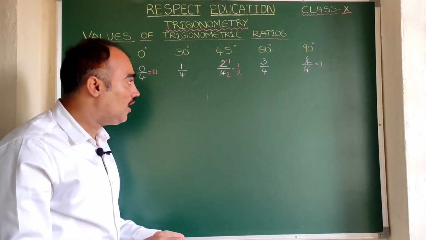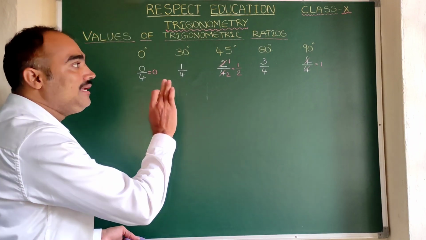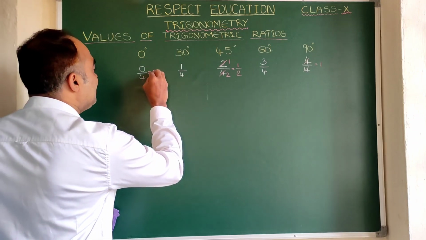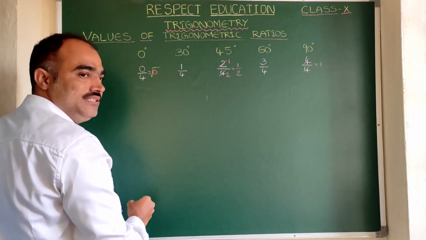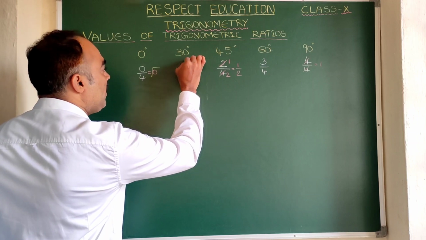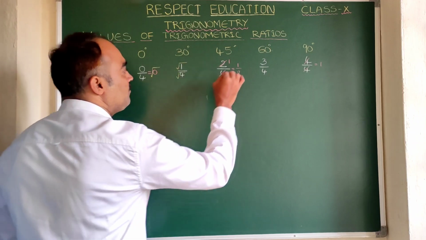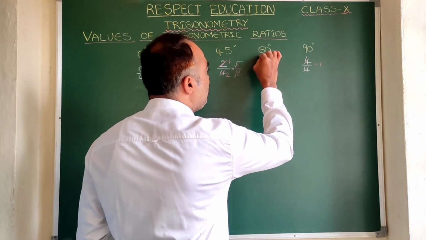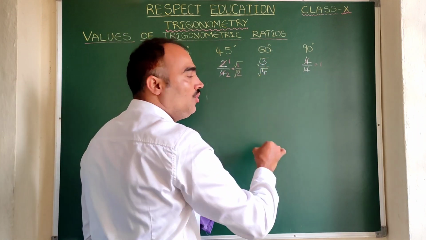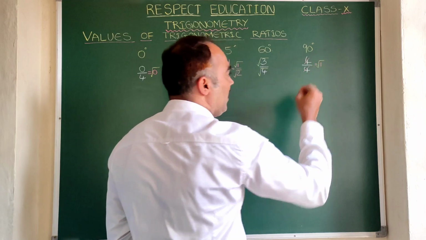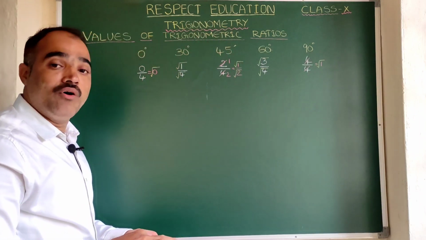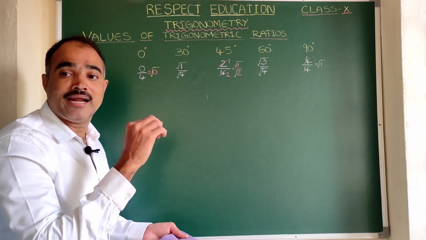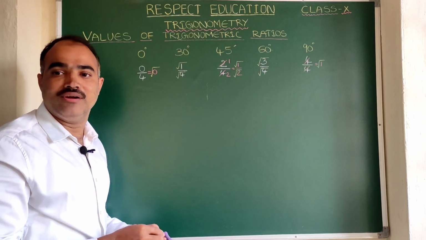No doubt. Now last one is that apply square roots. Apply square roots. Here you see this is root 0. It is root 1 by root 4. Same way here root 1 by root 2. This is root 3 by root 4. This is root 1. Now what answers you get as final answers, you can write them as sin theta values.